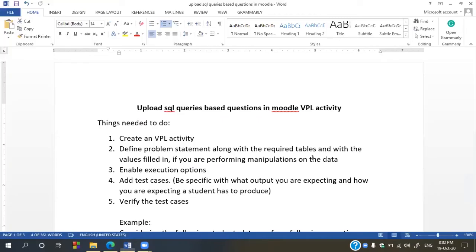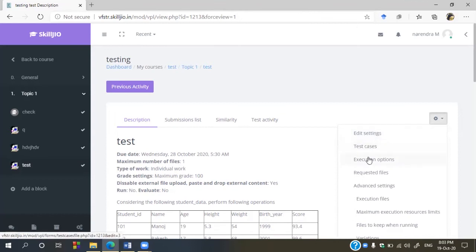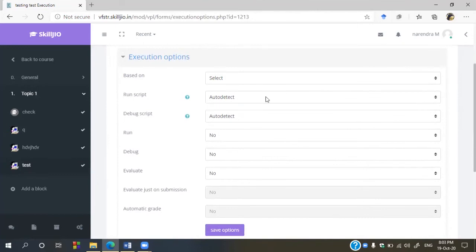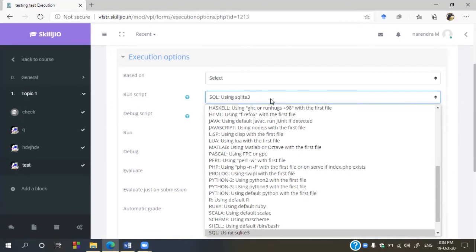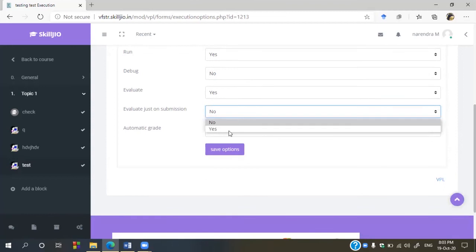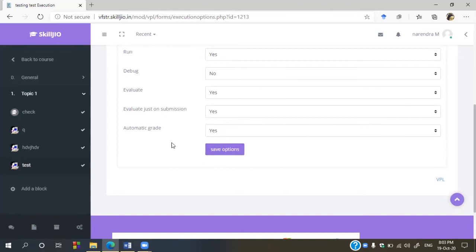And the third step is to enable execution options. To enable execution options, just click on the settings here, click execution options here, select SQLite as your run script and enable run, enable evaluate just on submission, and enable automatic grade.